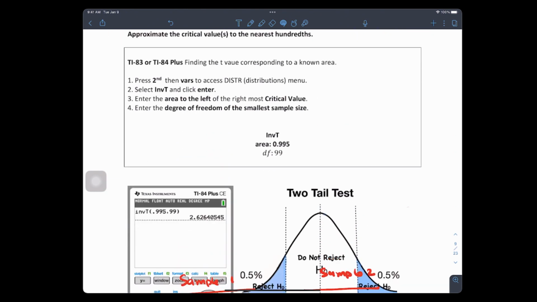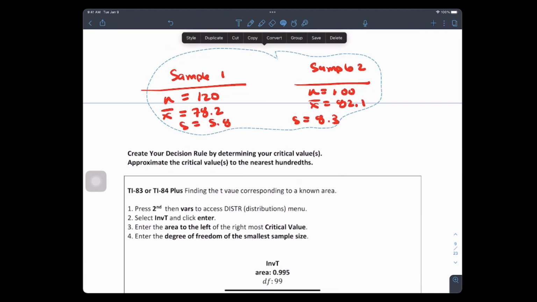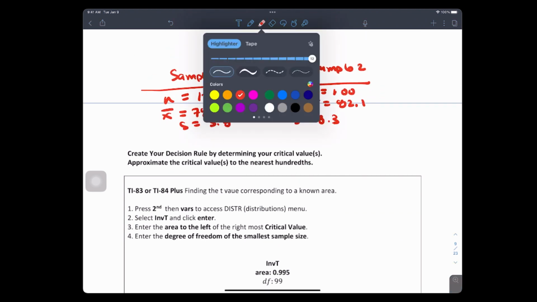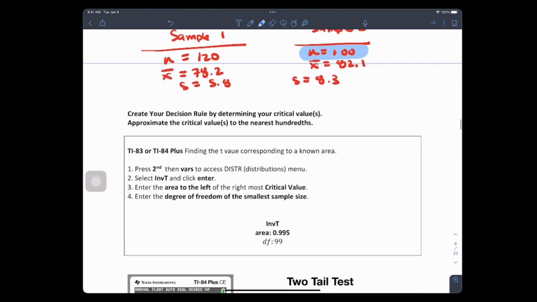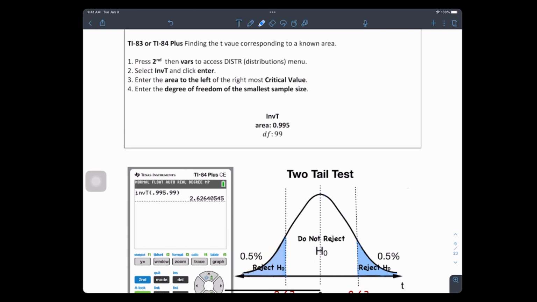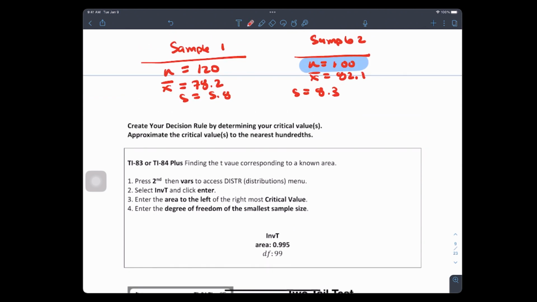So you might say, why are you bringing this down to the critical value area? Well, which is smaller? Do you guys know what's smaller? Isn't 100 smaller than 120? So remember, when you're using inverse T, you need to use the degree of freedom for the smallest sample size. So 100 minus 1, this is why you have what? 99. Inverse T. Okay, you guys see the point? That's the definition of it. Degree of freedom is n minus 1, where n is the smallest sample size.